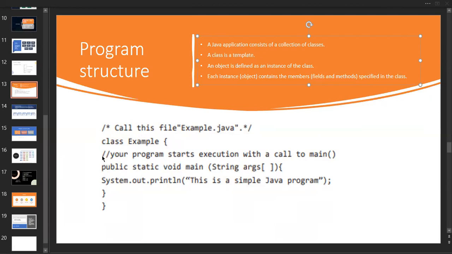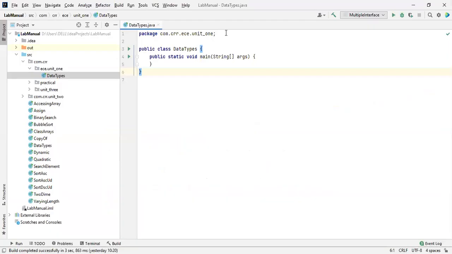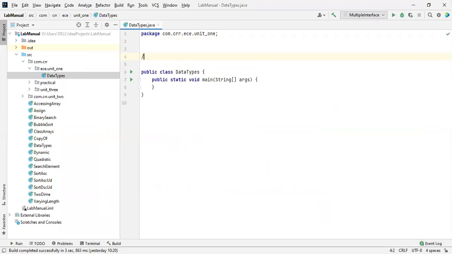This is a single line comment. You have two forward slashes, and this is only a single line comment. As for the descriptive comment, I already said that, but I'm going to tell you about it again. The descriptive comment starts with a forward slash and two asterisks. If it is a single asterisk and ends with a single asterisk, it is a multi-line comment.